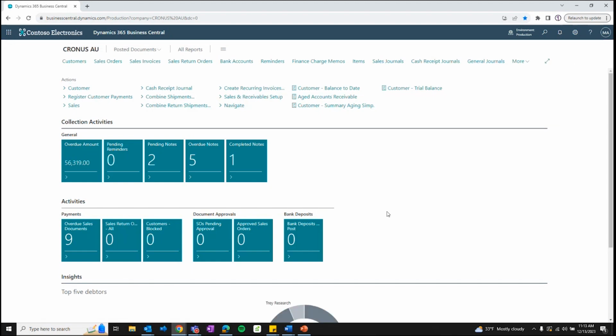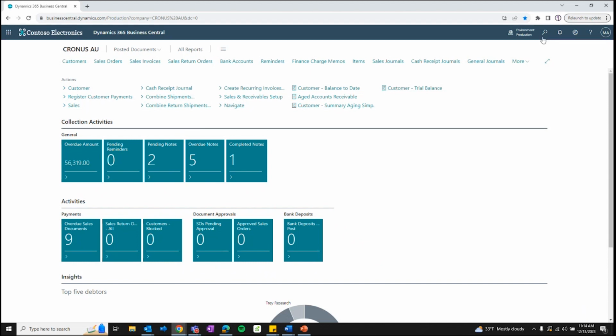Now I'm giving a high-level overview of this window here, the collection role center, like I said, the starting point for collectors, but everything is really centralized back to this window, and you'll see how that functions throughout today's demonstration. One more thing I want to show you from a setup perspective before we drill into the first feature